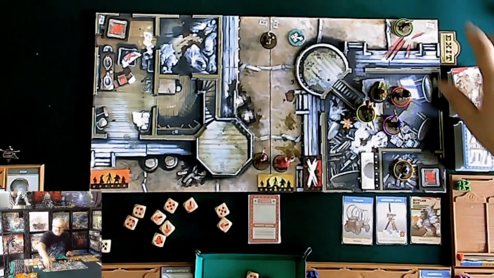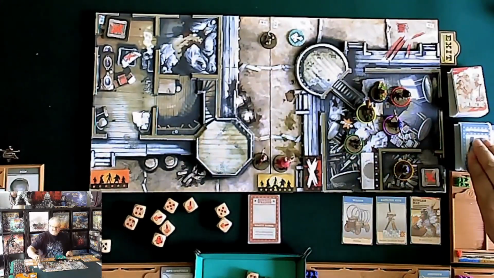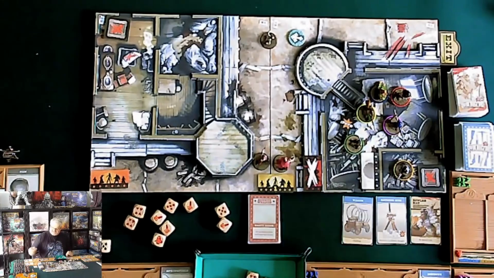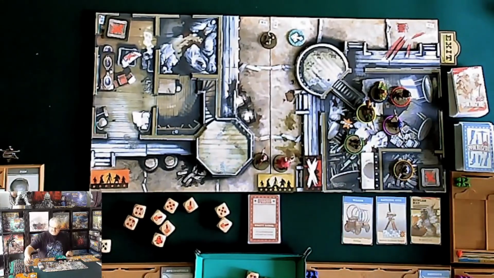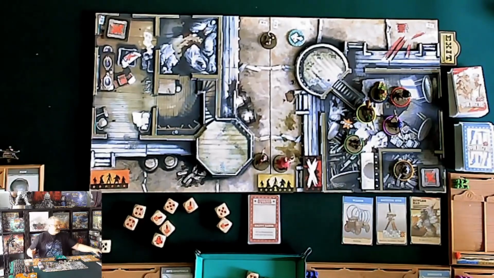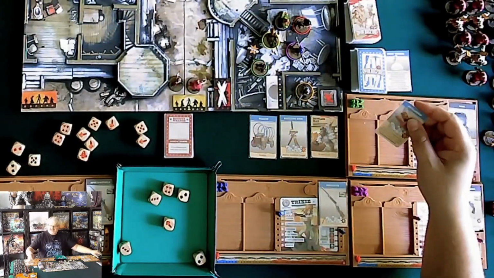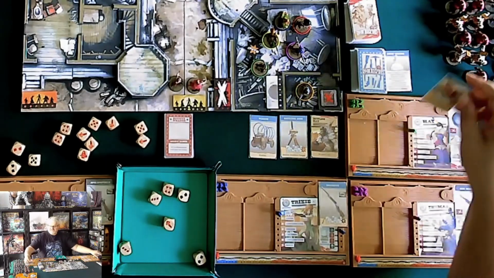And then finally down to May, so she'll move, and she'll do a search. And she's found dynamite, fantastic. So we can use that, so we can stick that straight in the backpack. So that will go straight in her backpack over here. It doesn't need to be in her hand to use it, so you just whip it straight out of the